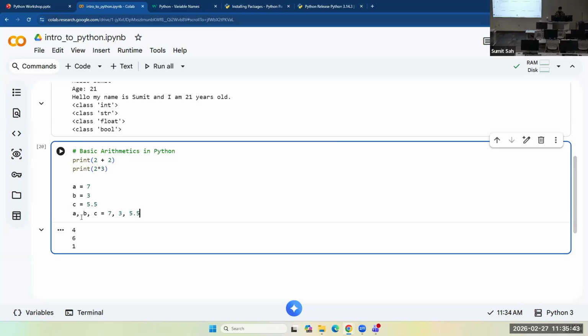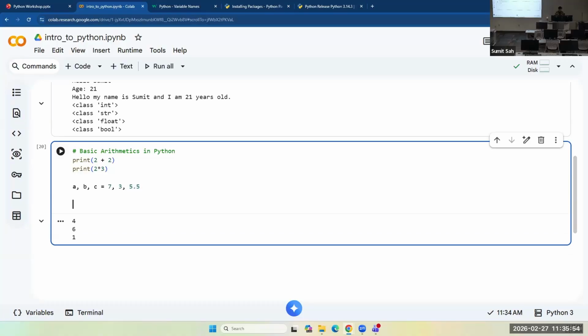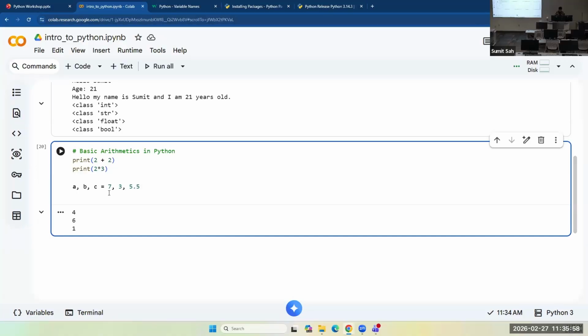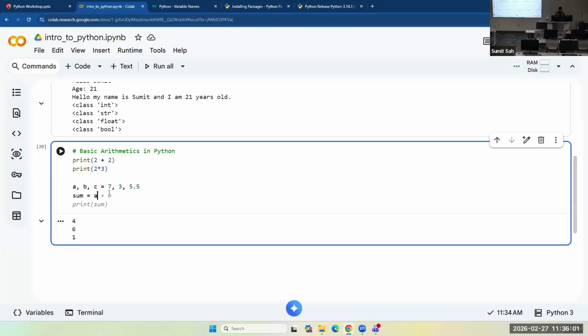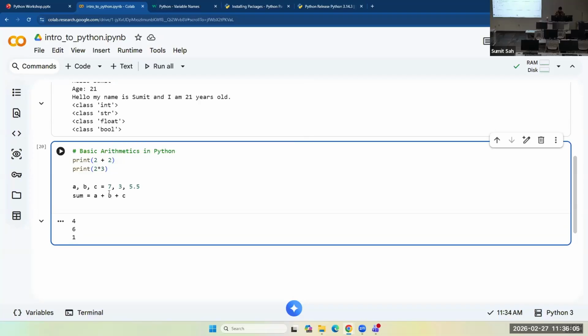You could use just a single line to assign values to a, b, and c. And you can say sum is a plus b plus c, and print sum.